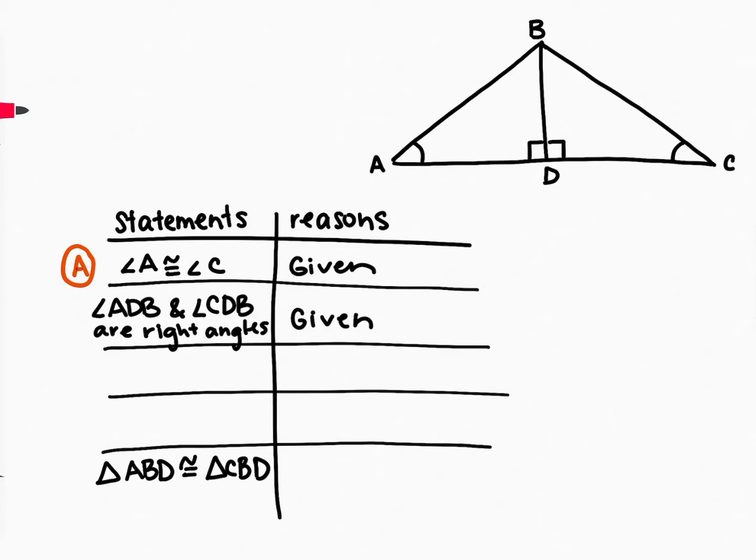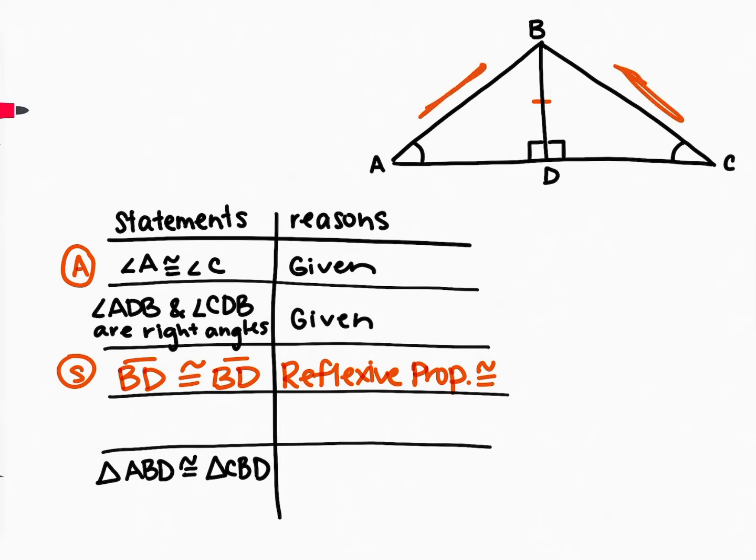So let's see what else I can see on the picture. I see that we have shared sides here. I can see that I have BD congruent to BD by the reflexive property. That's a set of congruent sides. And it looks like I'm going to need one more thing, right? And this can't be hypotenuse leg because there's no way to tell if those hypotenuses are congruent to each other. So I do think I would like to use those right angles as congruent angles, using that as my third